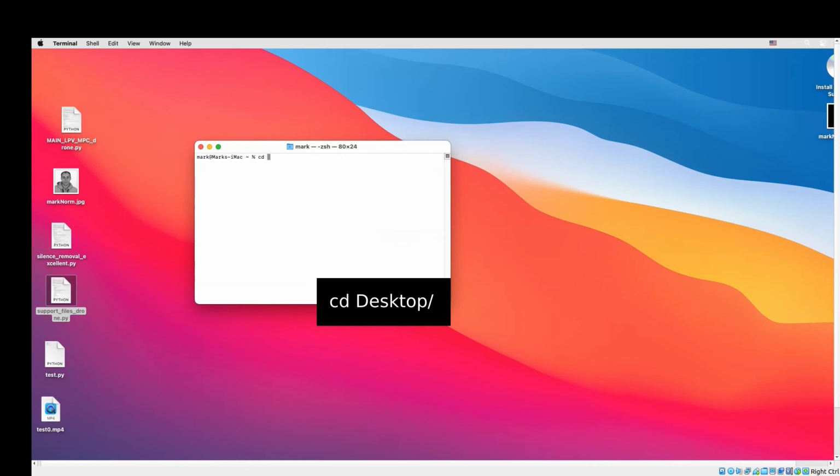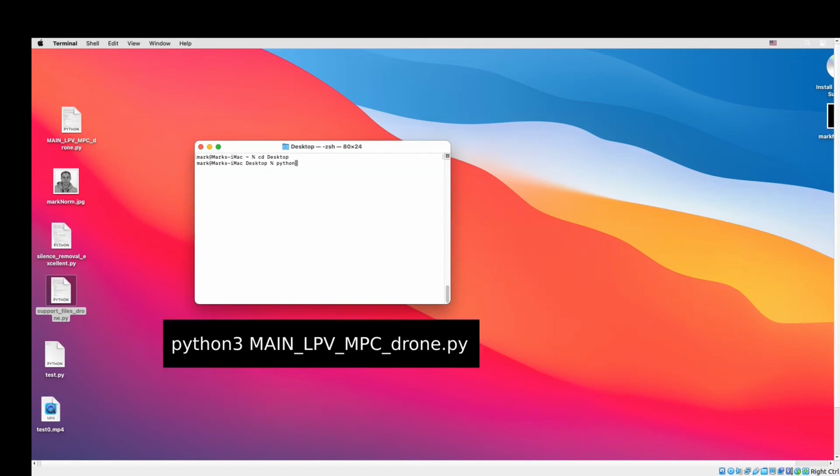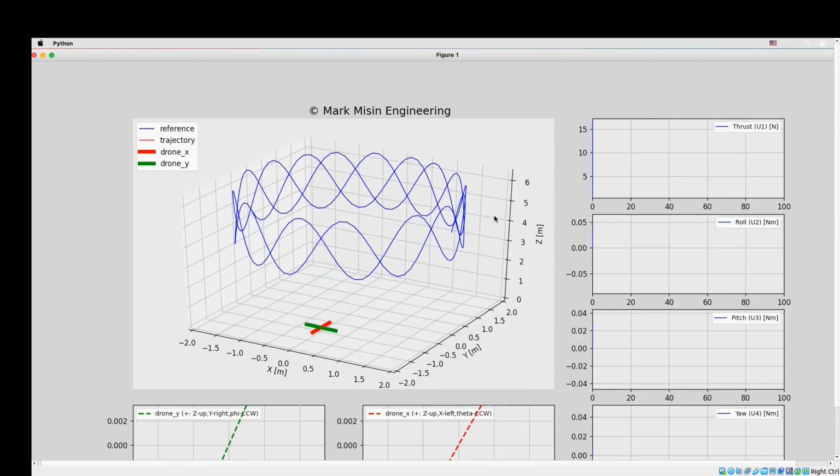And now we write cd desktop because our Python file is in the desktop. And so if we run an animation file here that requires Matplotlib, then you can see that the animation is working. Of course, it's very slow, but that's because I'm running the simulation and recording the screen at the same